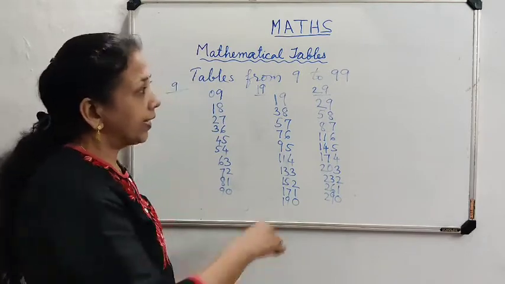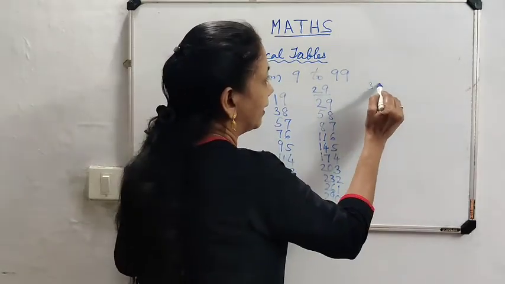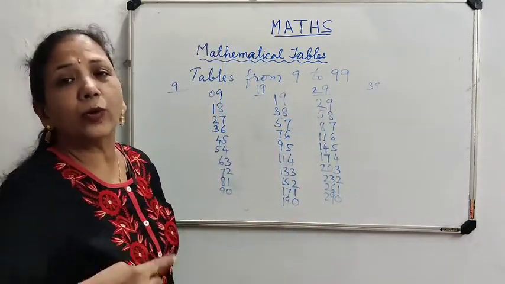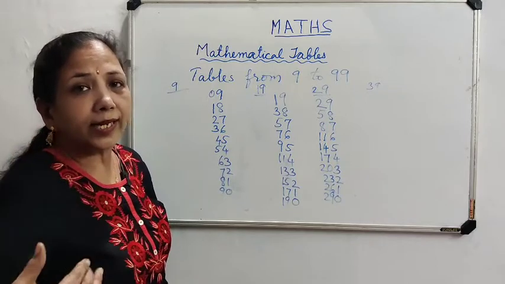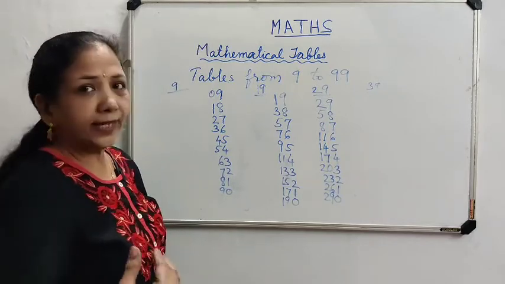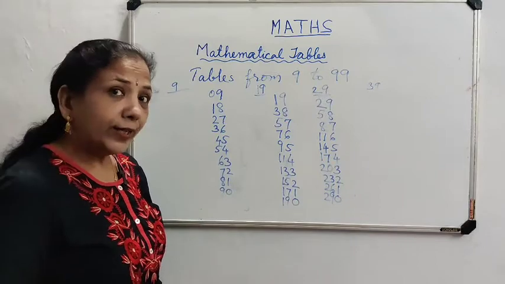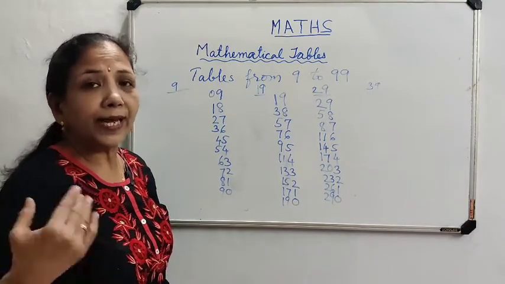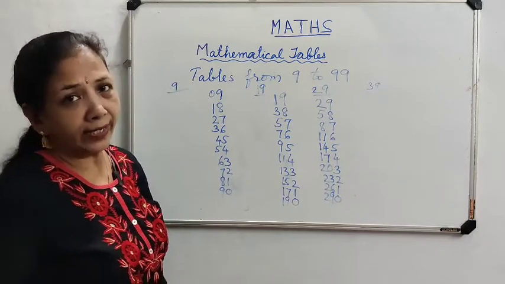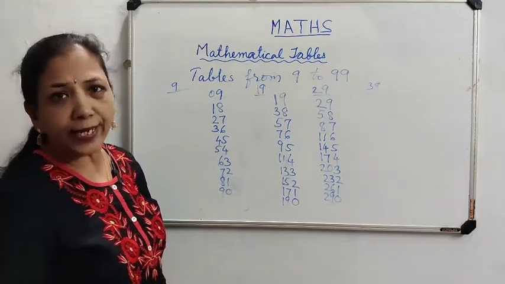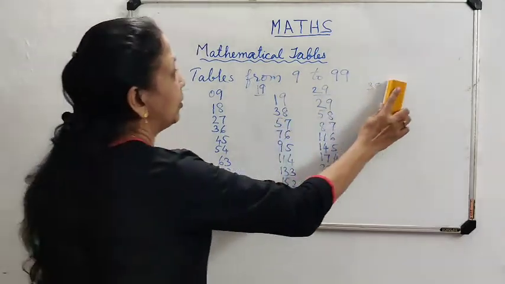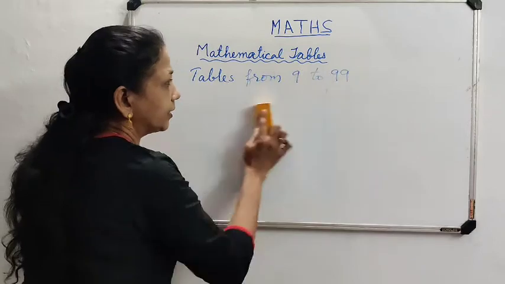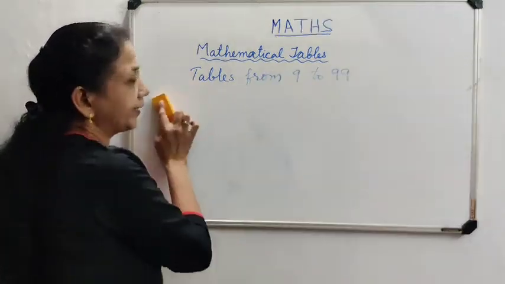Is it clear? Now for 39, the ones place is 9 and the tens place is 3. Then you have to add the tens place 3 each time, so 3, 6, 9 like that will come. For 49, 4 is the tens place, so you have to add 4 and the next number 5, adding 5 each time. Like that, up to 99 you can find out. The ones place 9s are coming, and you know how to find them.